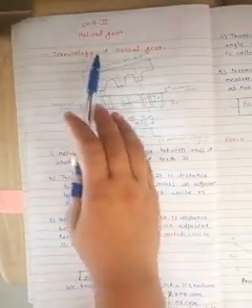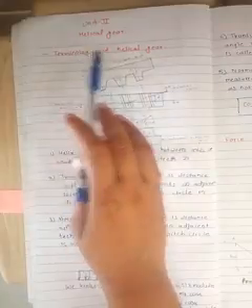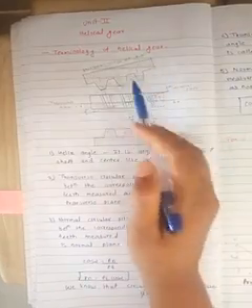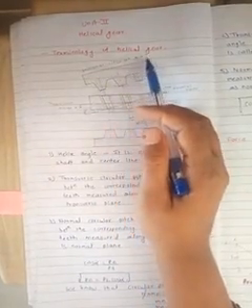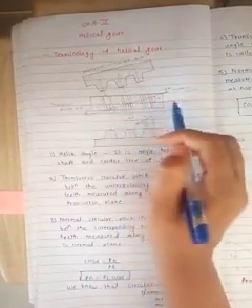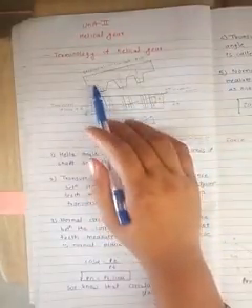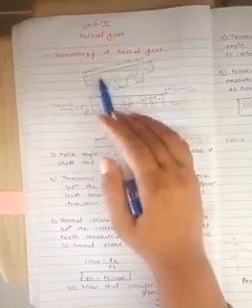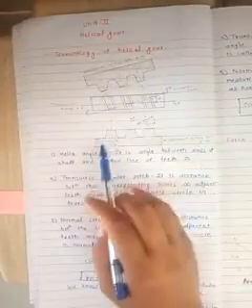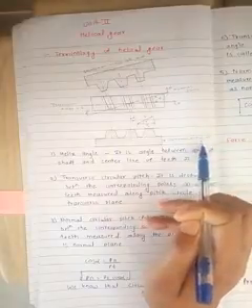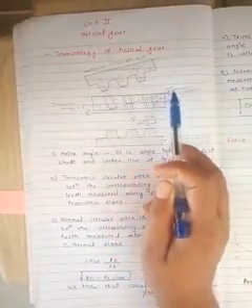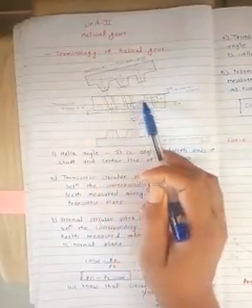Okay, the first point will be the terminology of the helical gear. What is the terminology of the helical gear? This is the sectional view at NN. This is the sectional view of the normal plane, and this is the number of teeth, the sectional view of the top view. This is the normal plane and this is the transverse plane.